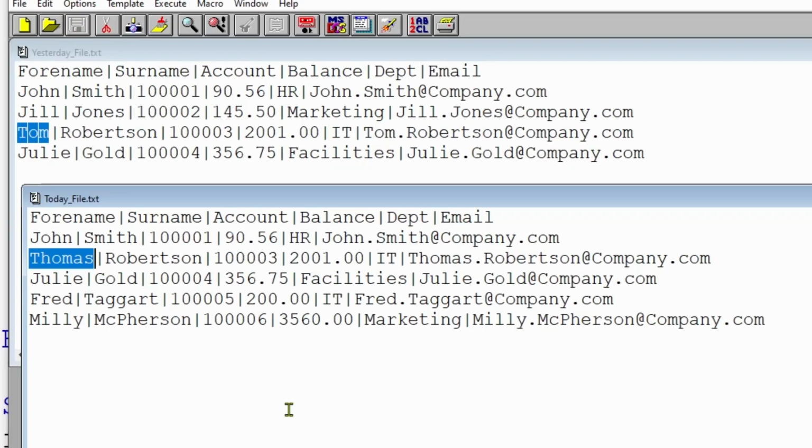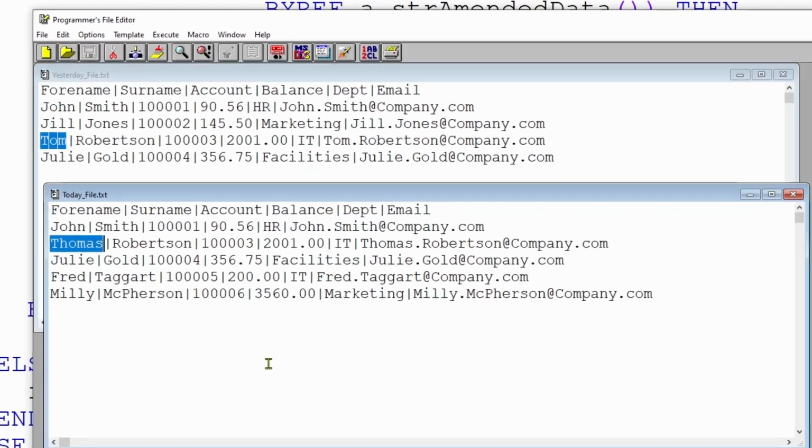So what we've successfully done is compare 2 text files, loading them into arrays, and reporting on the differences. While we're performing these comparisons on arrays which have been loaded from text files, the arrays of course can come from anywhere. They can come from a SQL database, they can come from somewhere else in your application and be built up incrementally. So this gives you an easy mechanism by which you can compare 2 arrays and report on the changes between the 2.